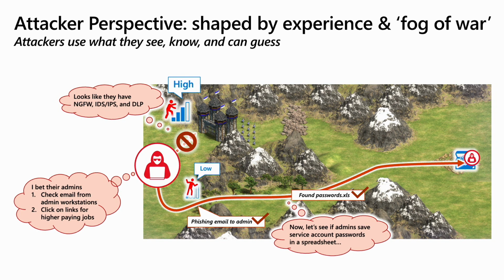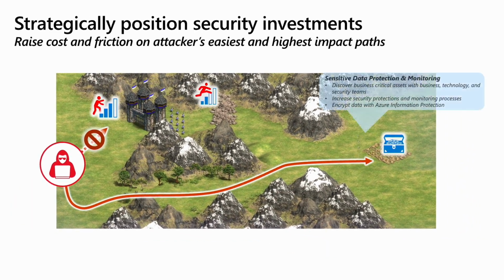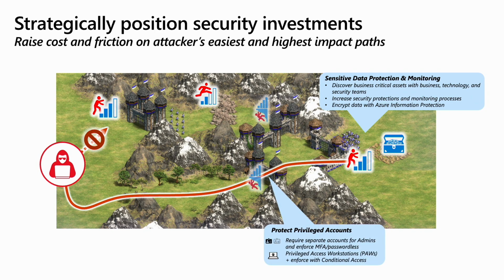And so, the example defenses for this, as we go into this next slide, show all of those defenses that can help with this. First, you want to protect the data itself. If you've got something that's really valuable, you put security and protections around that. You learn how it's used. You protect it everywhere it goes. Then you want to protect the privileged accounts that have access to all of the goodies, right? All the different types of assets that different attackers may be interested in. And please don't store your stuff in password.xls. You want to have privileged identity management, privileged account management, workload identities, and the like. There's a lot of great technology available now that can help you avoid those kinds of incidents and issues.